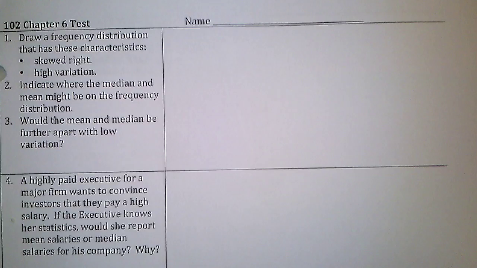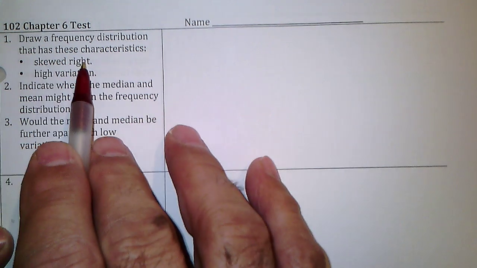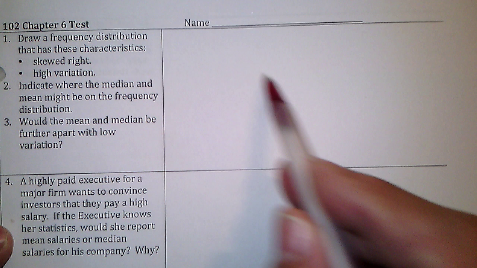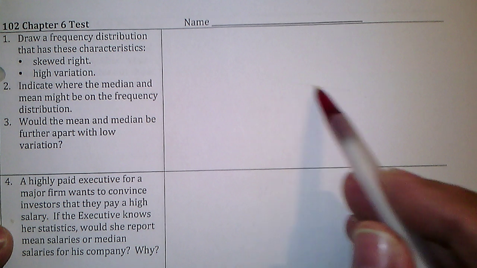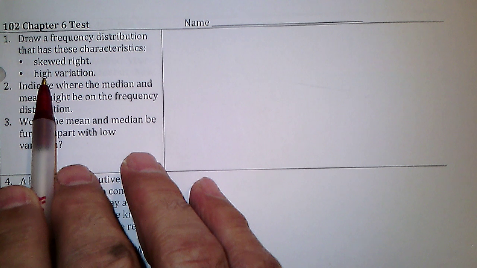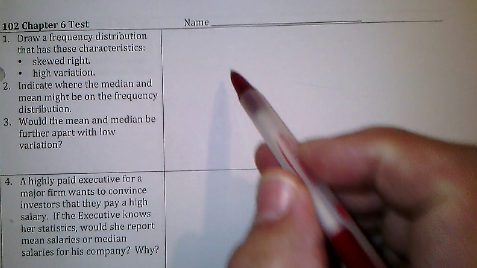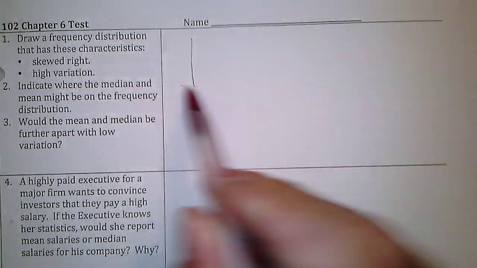Sample test. It says, draw a frequency distribution for these characteristics. Skewed right. That means there's a tail on the right that's a little higher on the right than on the left. And high variation means there's a lot of variance that's spread out a lot. And so high variation would be